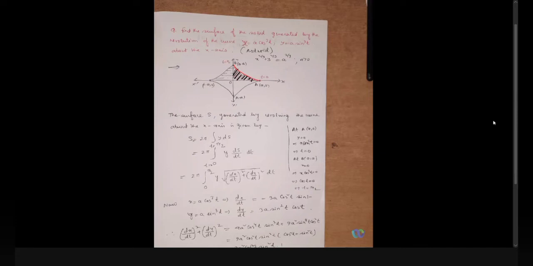So this is the area we are going to revolve. So how do you do the calculation part? You see your curve is in parametric form. Very good. So the surface generated by revolving the curve